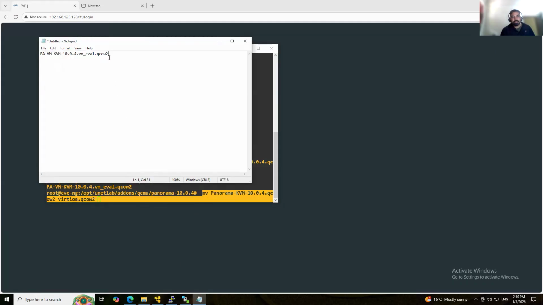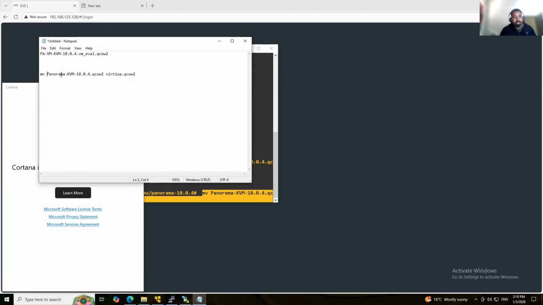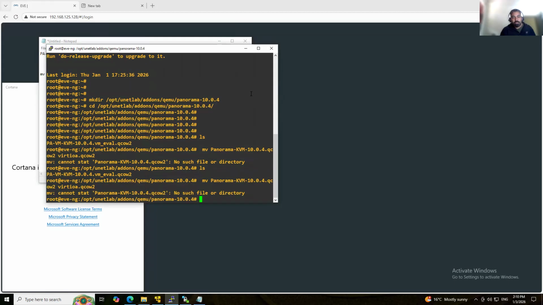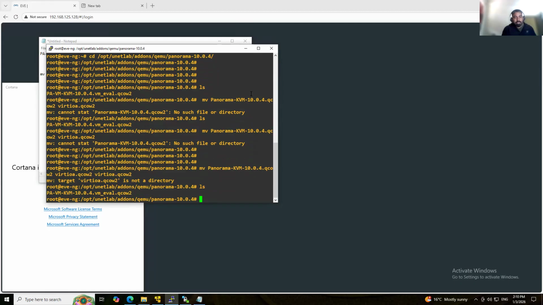Okay, the command is not working because this is the exact file name. So let's rename it. Now try again. Okay, ls still not working. So let's verify what's happening.